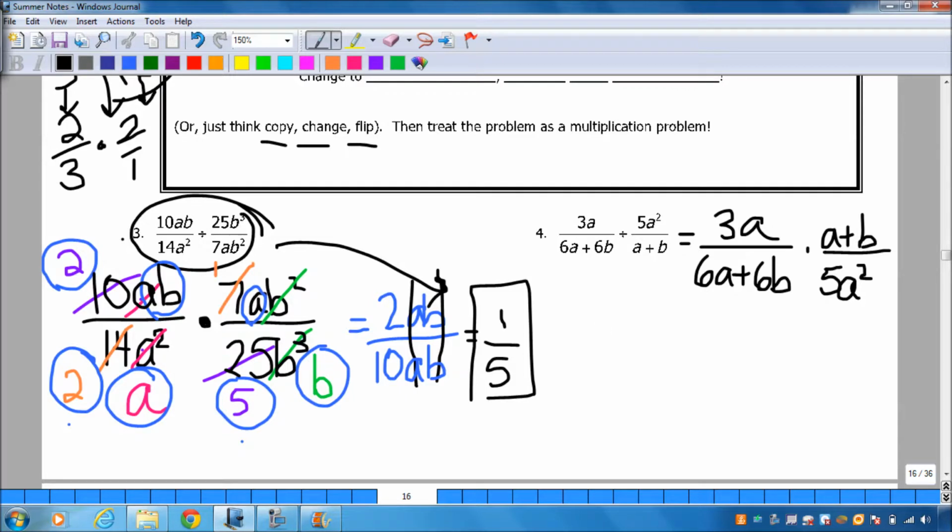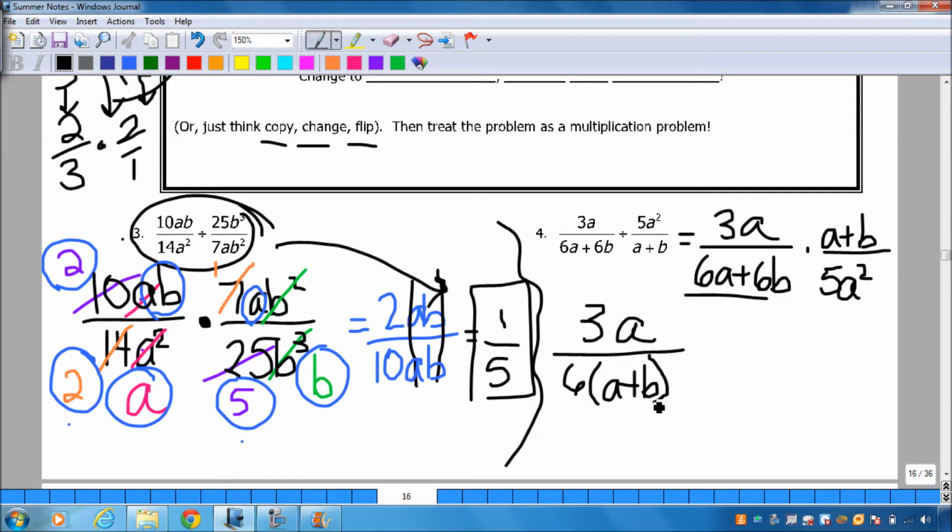Now, 3a, I can't do anything with it yet with regards to factoring because it's a monomial, okay? But the denominator has a GCF, which is 6. Let's do that. So I'm going to factor out an a plus b, okay? Now this numerator is already as factored as possible, so it's a plus b, and the denominator is also as factored as it possibly can be. So let's see what can go. I know that this a plus b goes with this a plus b, okay? And I also know that this a goes with this a squared, and I have an a left over in the denominator, okay? I also know that this 3 and this 6